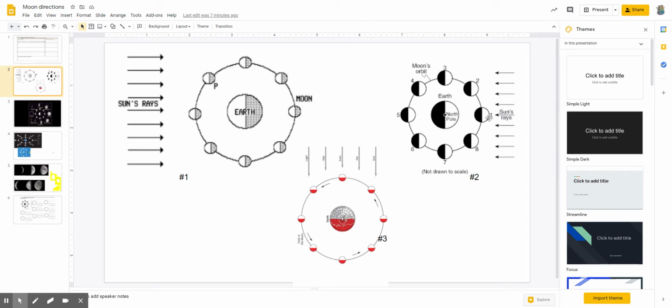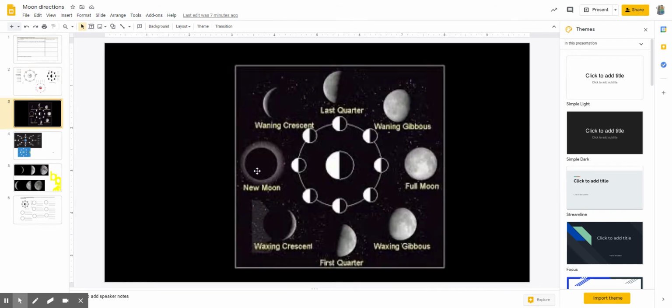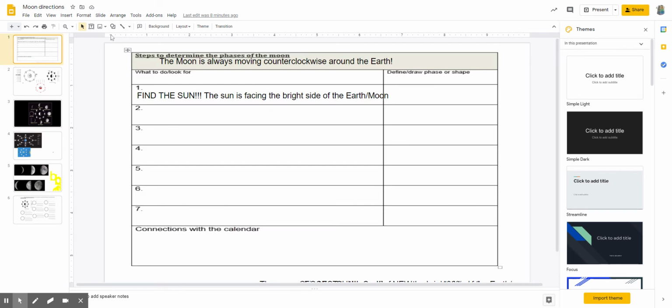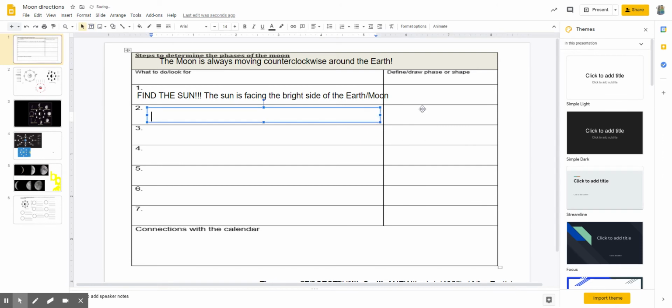Once again, it's sun, moon, earth. So it's located right in the middle. In this picture, the sun is up here. So the moon that is closest to the sun is going to be this one right here. So this is our new moon. It goes sun, moon, earth. And we can even do this here, right? We said that our sun was over here because this is the bright side. So this is our new moon, the moon that is closest to the sun. So we want to add that to our graphic organizer, that the moon that is closest to the sun